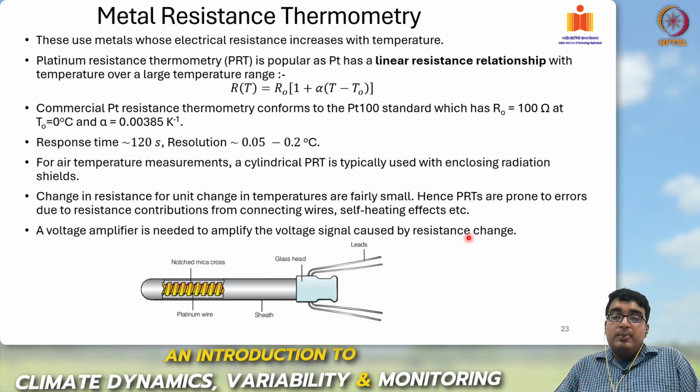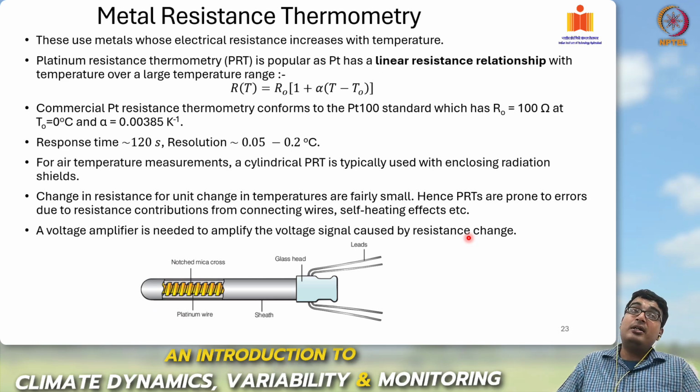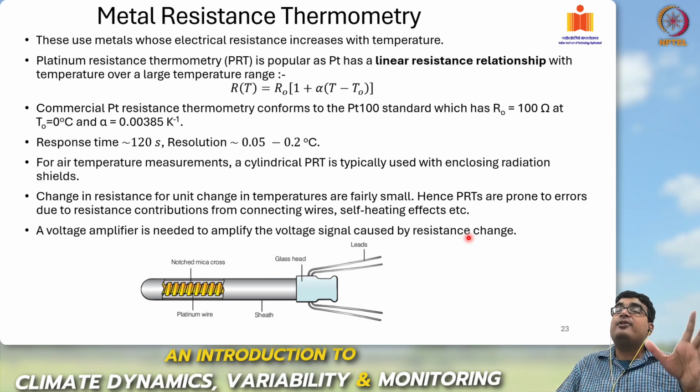And it is used because it has a linear resistance relationship. So while semiconductors have an exponentially decaying relationship of resistance with temperature, platinum has a linearly increasing relationship of resistance with temperature. And the value of platinum resistance thermometry resistance is R0 into 1 plus alpha (T minus T0),